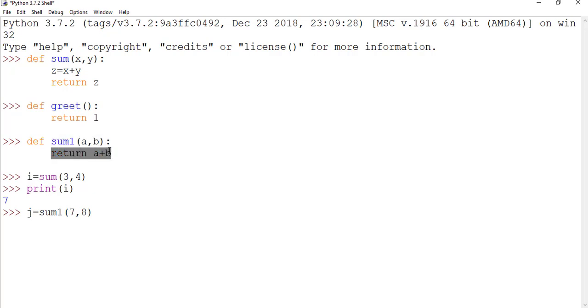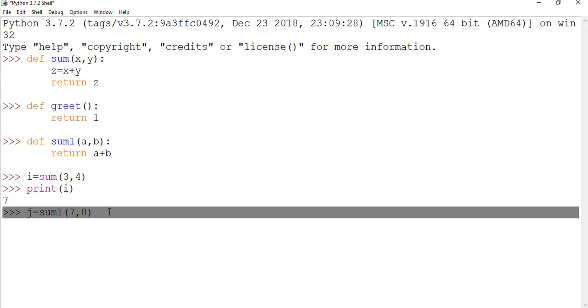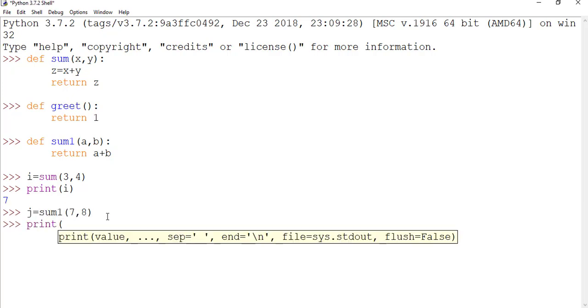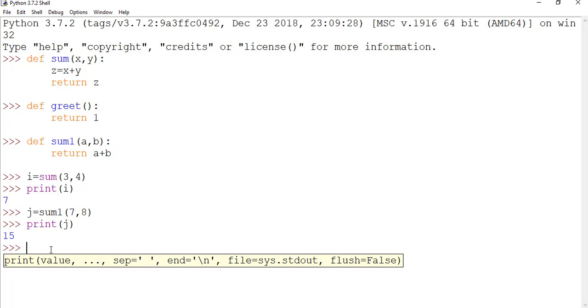This is a return statement, so internally 7 plus 8 equals 15. 15 will be returned to this statement, and this will get replaced by 15. This works internally and we can't see it. So this will be converted to 15, and that value will be stored in j, and when we print the value of j, we will get 15.